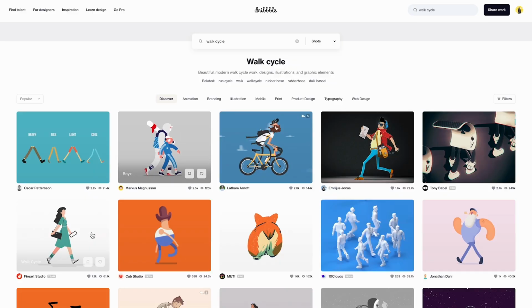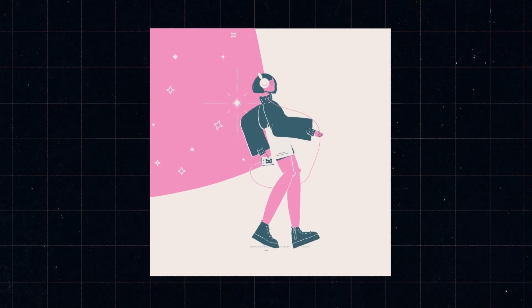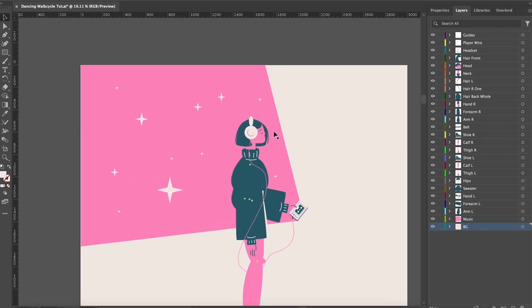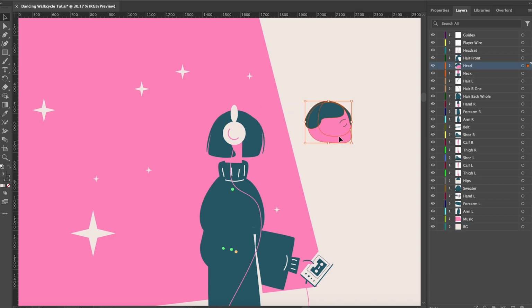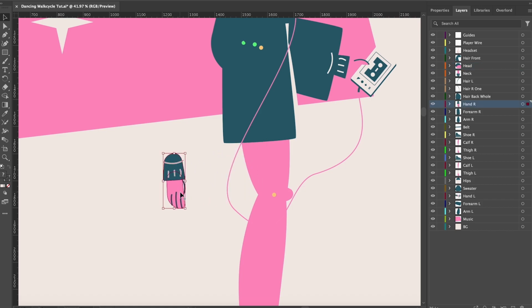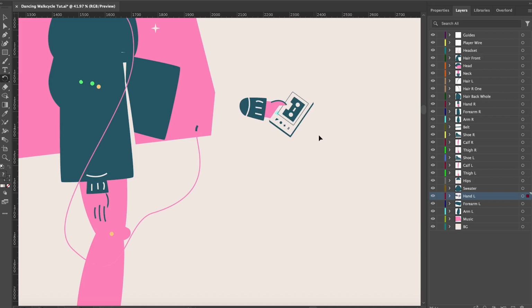To design a character for animation, we need to decide what the end result is going to look like. I just wanted to achieve this simple walking cycle animation, that's it. I'm not planning to animate facial features, so as you can see they're all grouped together with the head on the same layer, together with the top hair as well as the fingers. You can see this hand is super simple and this hand is even attached to the player.